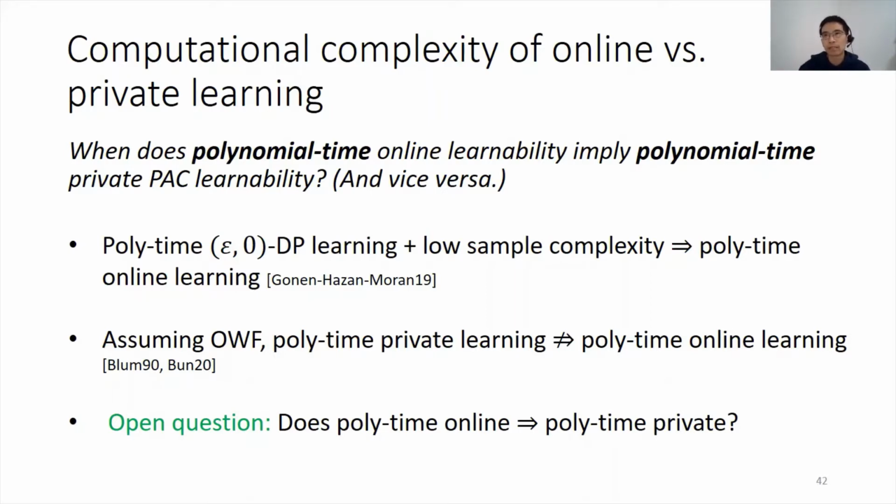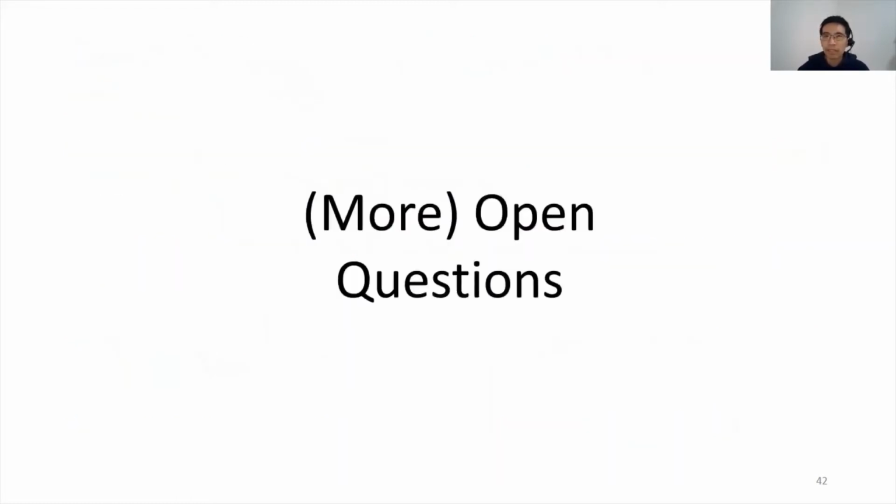The converse question of whether efficient online learners can be turned into efficient private learners is again a nice open problem. Our transformation from an online learner into a globally stable learner, and hence into a private PAC learner, requires invoking the online learner exponentially many times in the Littlestone dimension, which makes it far from efficient. Finally, I'll wrap up the talk with a few more open problems that our results raise.